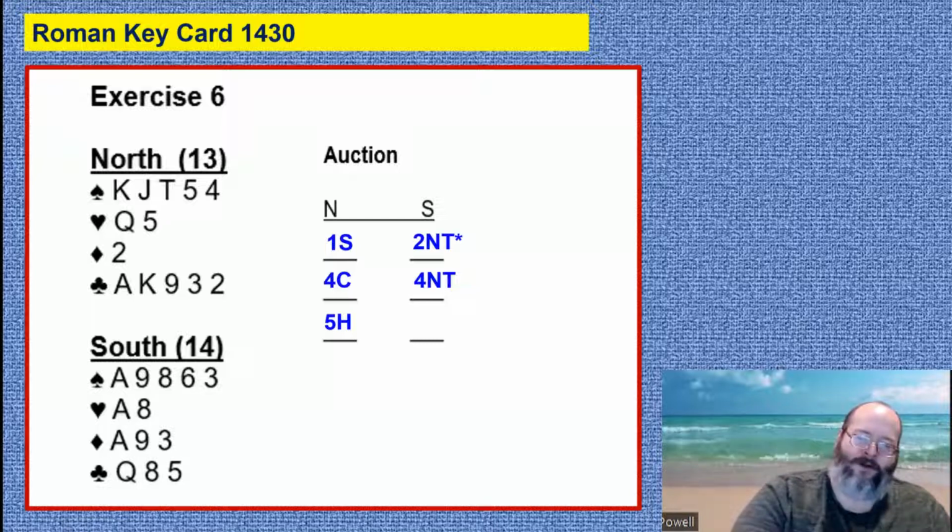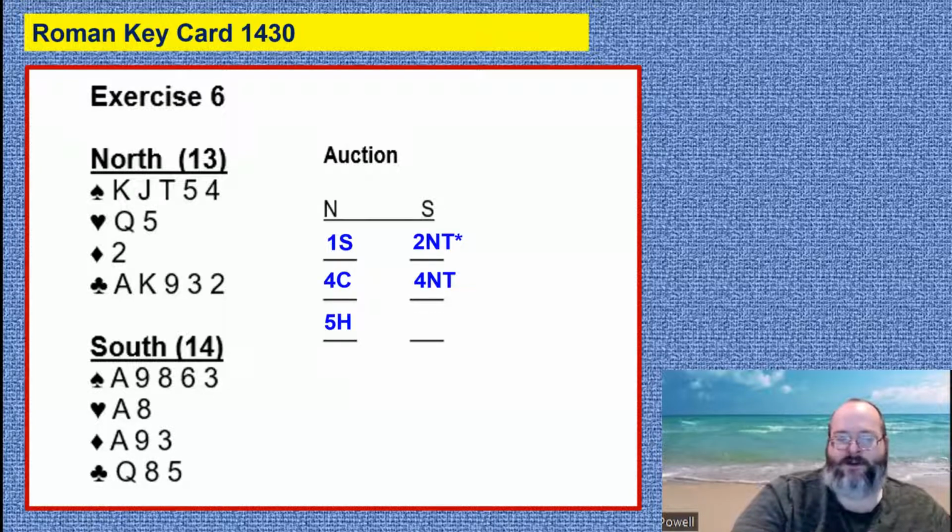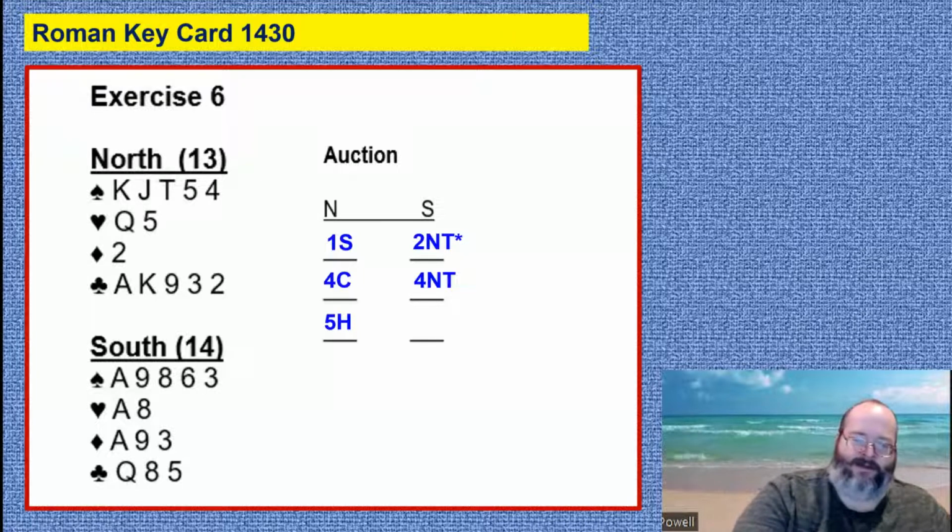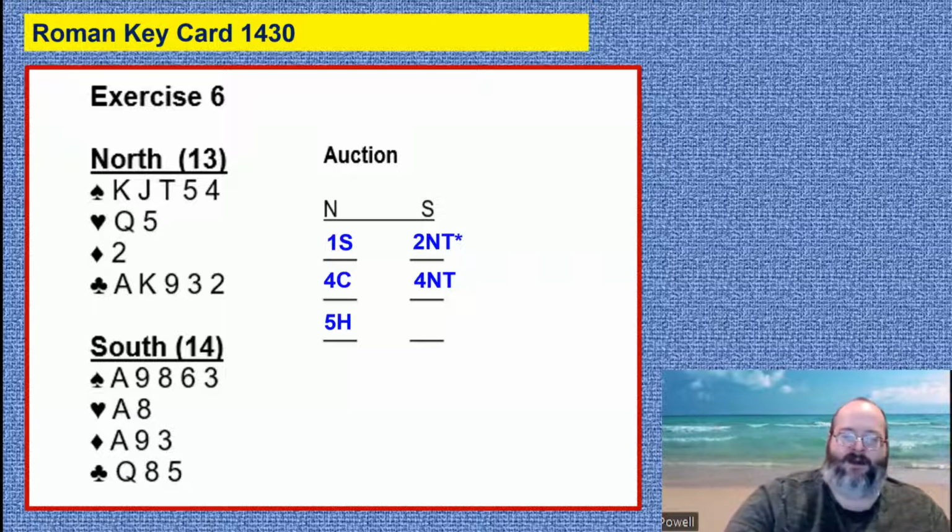The hard part, and this is what takes time and practice, right? It's not going to come overnight, is to be able to visualize what's in your partner's hand with the information you're given, right? And try and figure out before the dummy comes down, do I have 7? Right? So looking at all the cards here, you should be able to see how you're going to make 7,